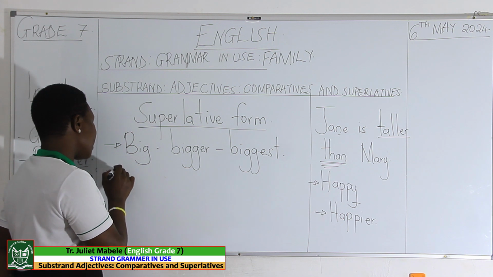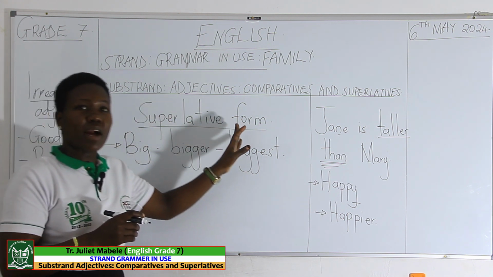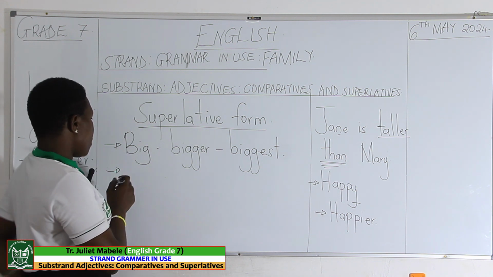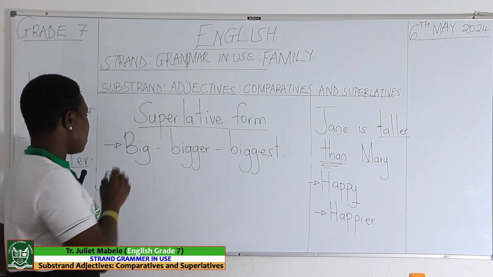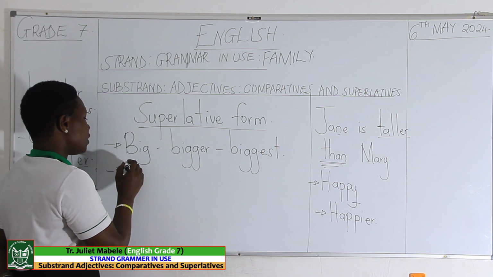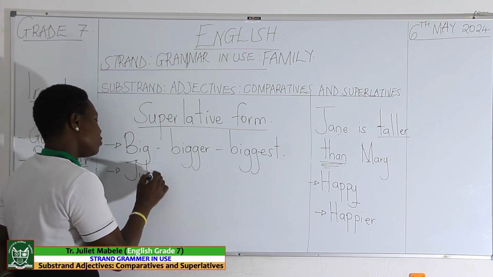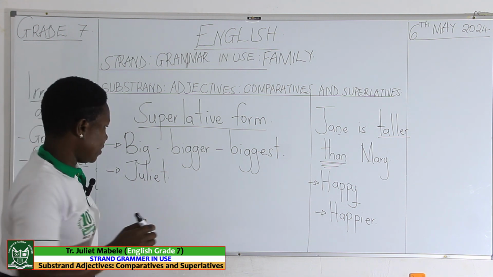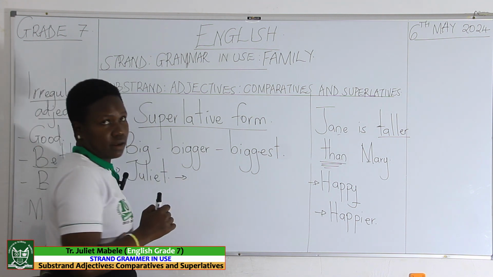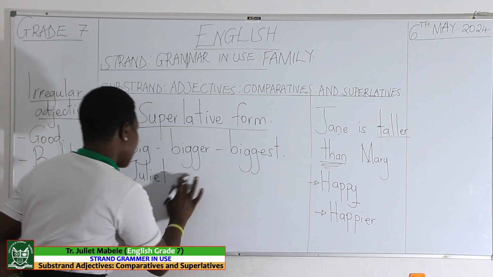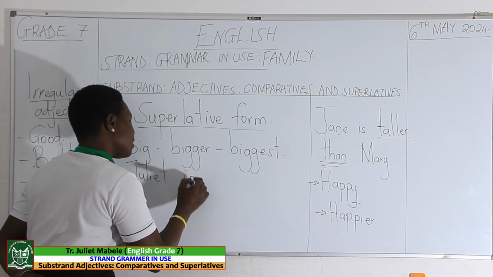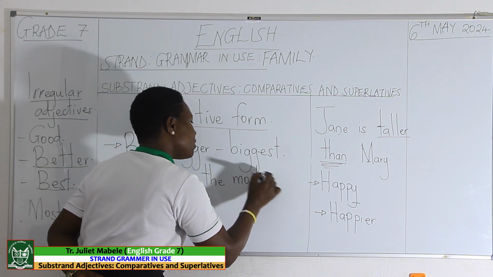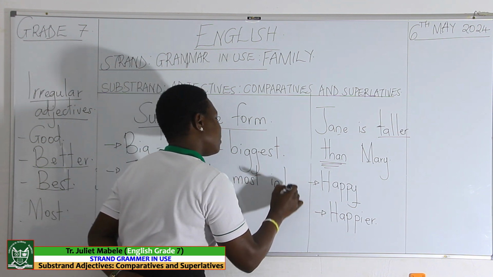Now, I've said that in the superlative form, we are comparing how many things? Three or even more. For example, you put your name there. My name is Teacher Juliet. So I use my name, Juliet, assuming I am a student. So Juliet is, let me have a sentence. Juliet is the most intelligent